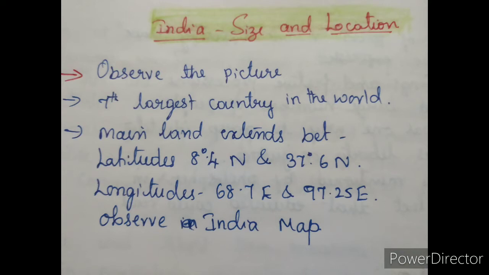Observe the picture. The picture is in front of you. India is one of the ancient civilizations in the world. It has achieved multi-faceted socio-economic progress during the last 5 decades. It has moved forward, displaying remarkable progress in the field of agriculture, industry, technology, and overall economic development. India has also contributed significantly to the making of world history.